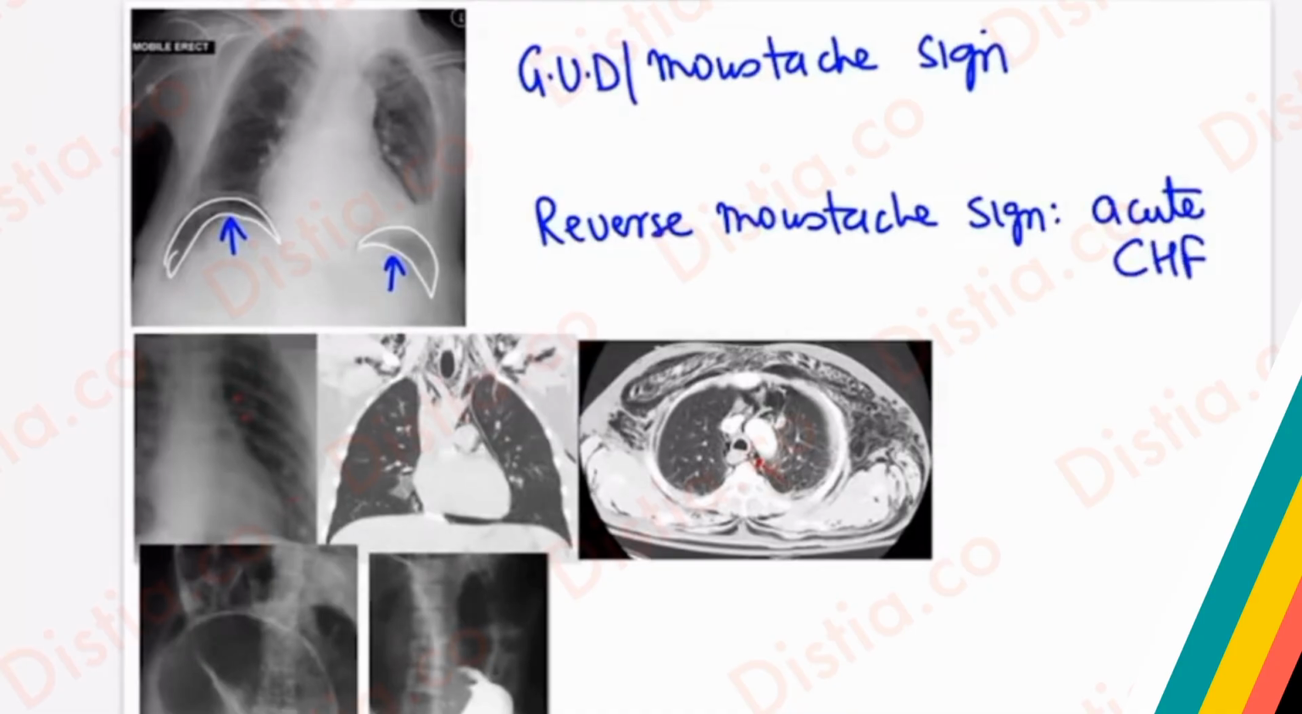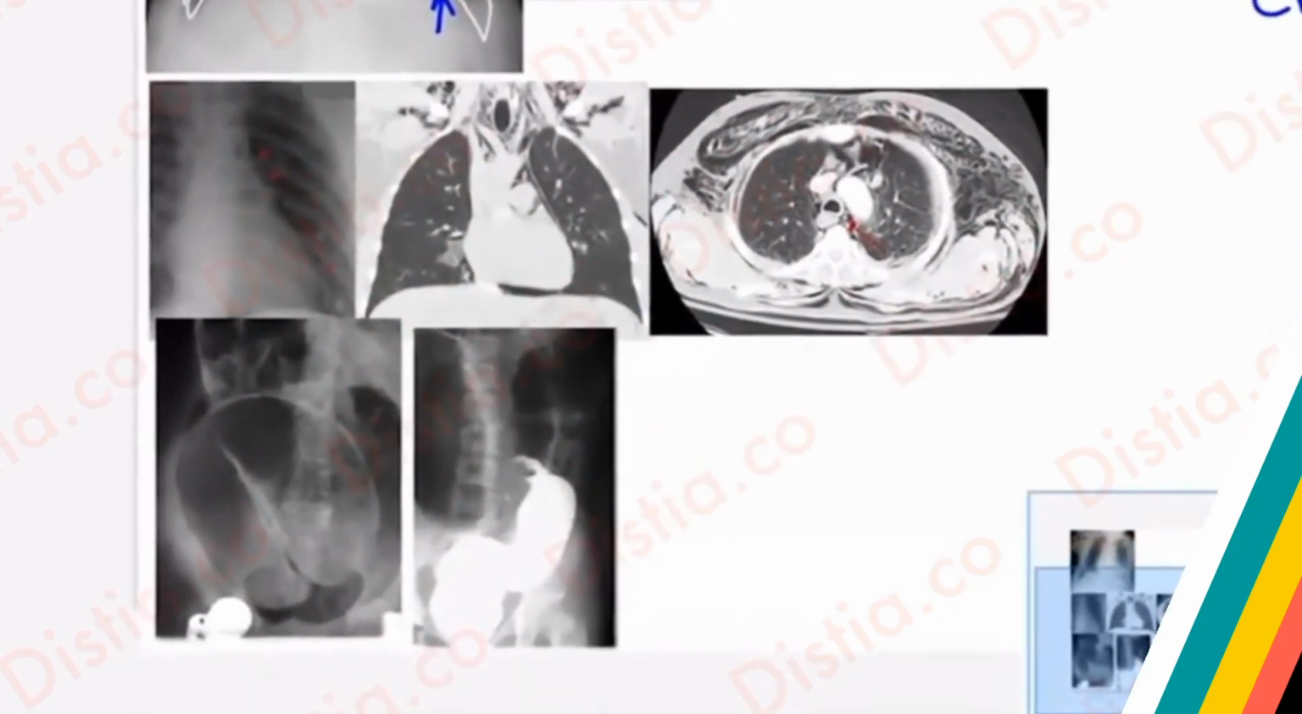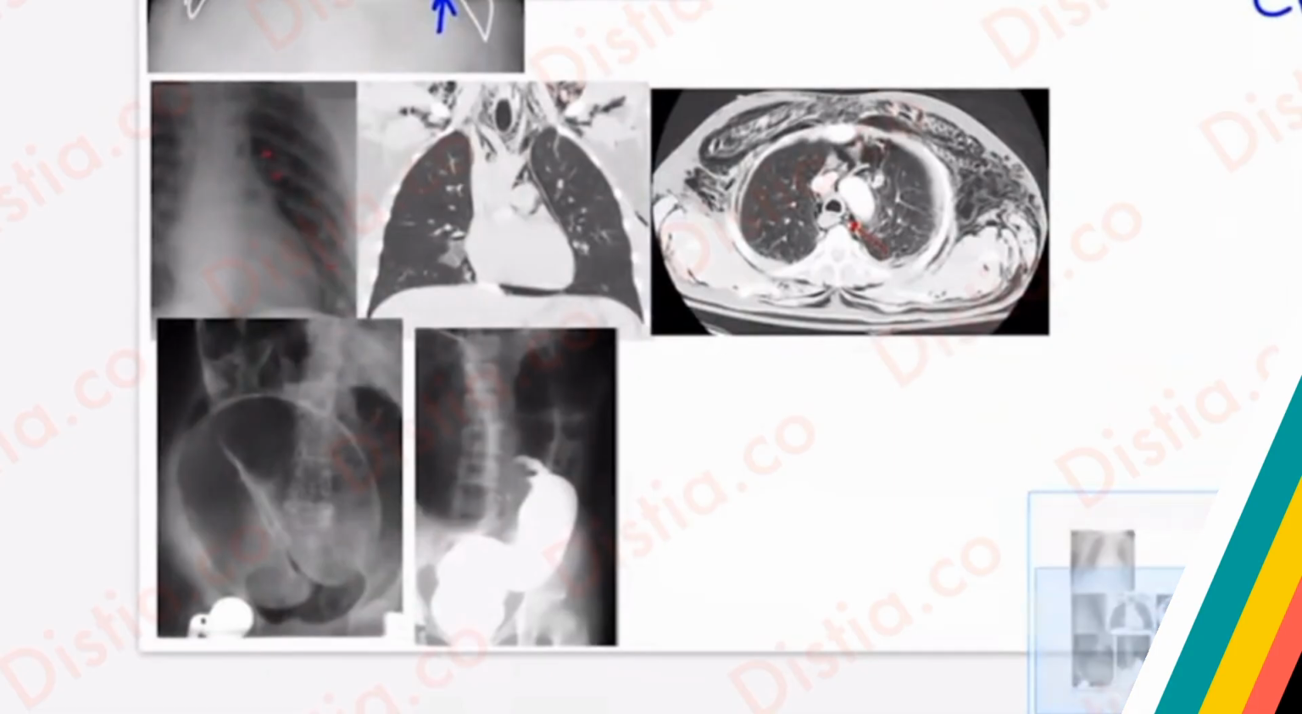I want to emphasize this again. Moustache sign is what you read with perforation peritonitis, that is gas under diaphragm. In contrast, reverse Moustache sign is what you encounter in cases of acute pulmonary edema due to acute congestive heart failure. The next image that I would like to bring to your notice would be the one where you can